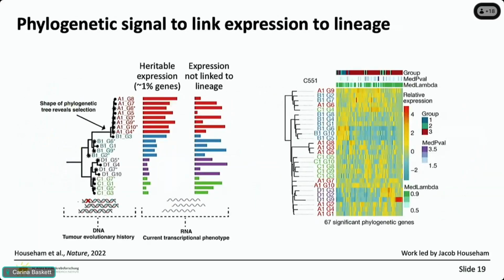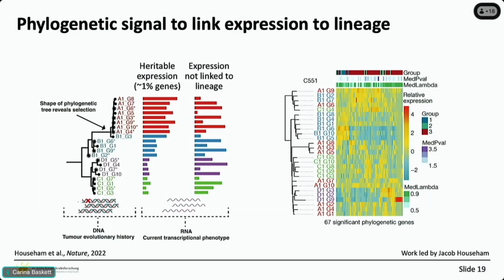I mentioned as well that we also had matching RNA sequencing in this particular study, and this is work by another former colleague of mine, Jacob Hausen, who took this data. So we had our phylogenetic trees, and we knew the genetic lineage between these different samples. And we wanted to ask, what does this mean when we compare it to the expression data, which we kind of used as a readout of cellular phenotype? And so we took a method actually inspired from evolutionary biology, phylogenetic signal, and used this to quantify just how much these phylogenetic trees could explain the expression data that we had.